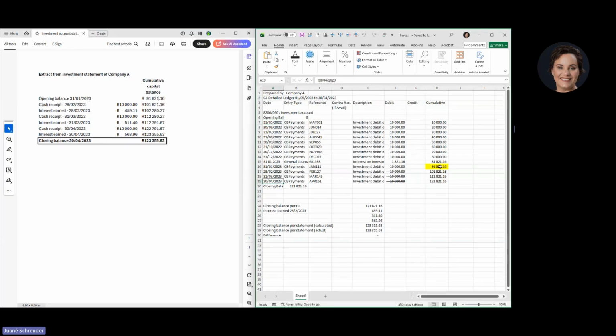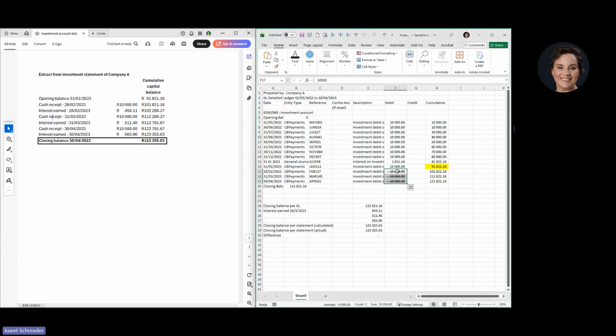What we've noticed then is, if I look at the 31st of January and the opening balance from the client's statement there, we have the same value. So the right-hand side has got the yellow highlighted 91,821 Rand and 16 cents, which is the same as the opening balance. So what we basically know by that then is that all the transactions in the general ledger up to that point reconciles to whatever was in the previous statement from the investment bank. So what we then have left is basically these 3 transactions in the general ledger and, well, a number more transactions in the investment account.